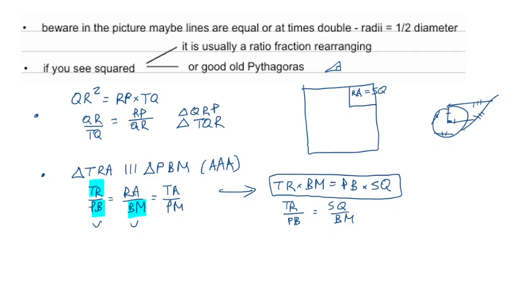And so in my next step here, I could just say RA equals SQ, equal chords or radii, whatever the reason is. And so I can replace that RA with SQ. And so I'm writing out this ratio fraction. And if I rearrange it, the BM is going to go up. So here we have it. The PB is going to go up to the SQ. There we have it. And we've proved this initially confusing